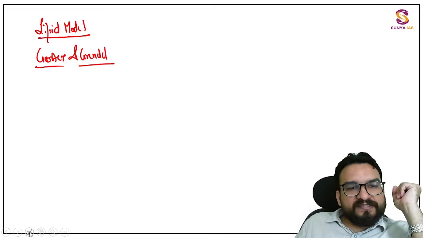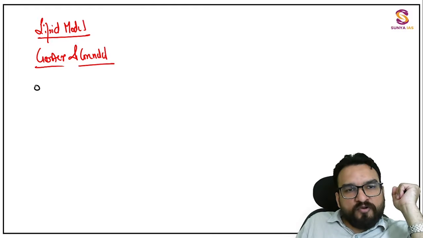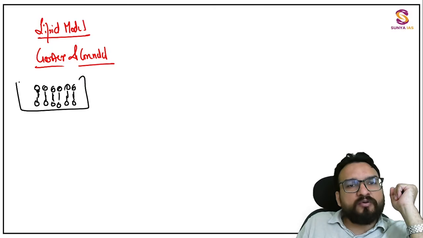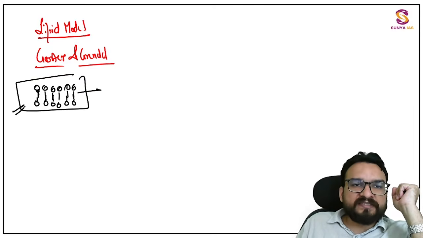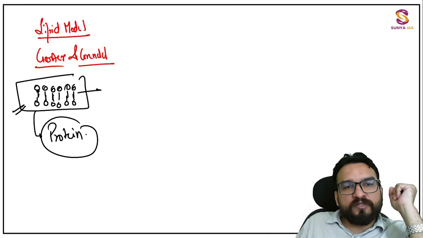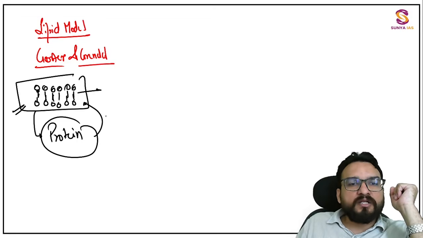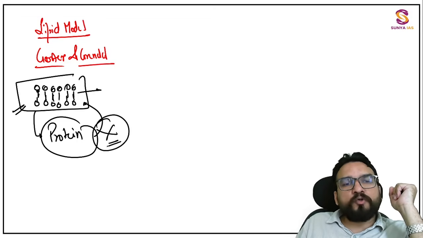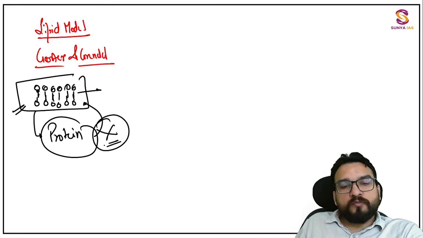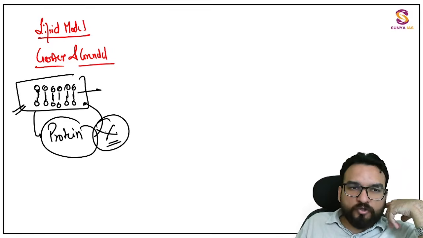They explained that this plasma membrane is made up of a phospholipid layer like this. They gave for the first time that this is the layer which the plasma membrane is made up of, and they are nowhere wrong in saying this. This is right. But they have not given in their explanation where these proteins are situated in this particular model. They never talked about the protein allocation over here. Never talked about it.